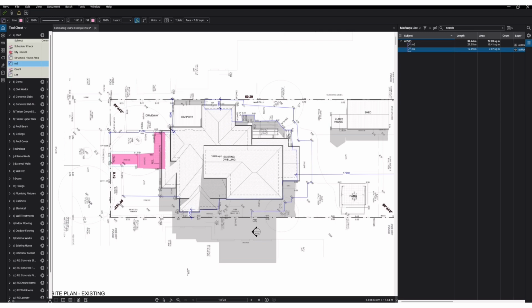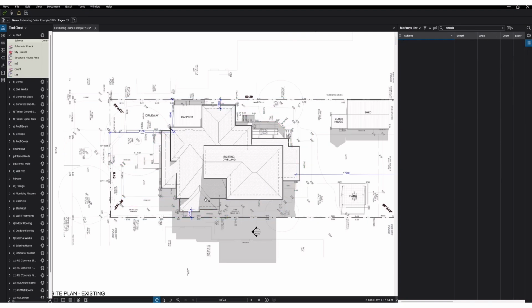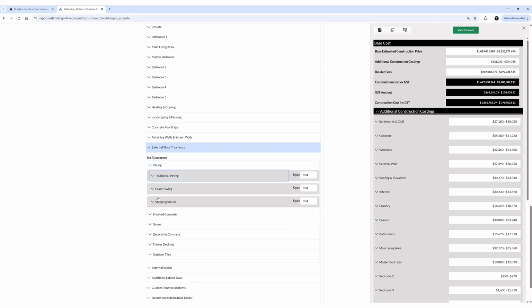As you see, after this takeoff has been completed, we will be able to know what the paving area is, but there's nothing to say that you have to do this perfectly. We're trying to achieve a construction cost for a budget, and we're trying to get to a starting point. 150 square meters, so if we went 44 times,